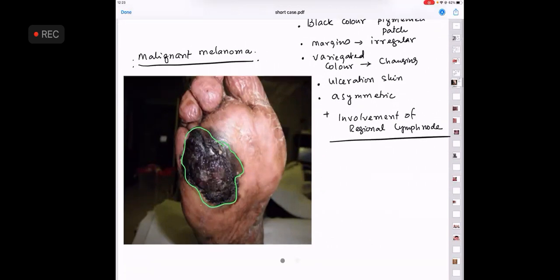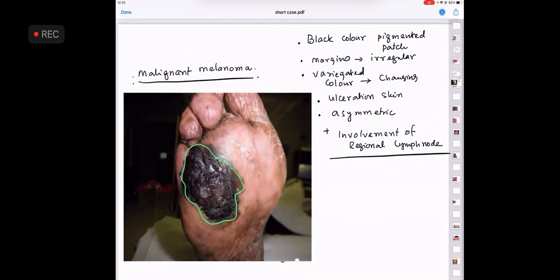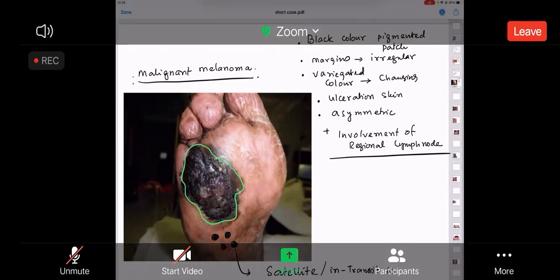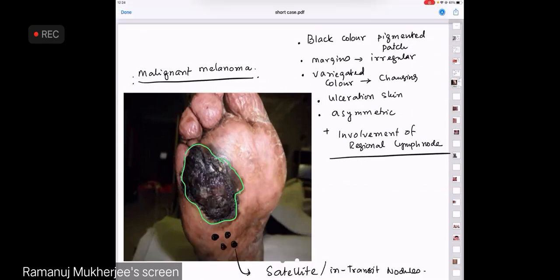Okay, so this diagnosis then thus always is a malignant melanoma. An added finding in a melanoma could be in between the lymph node and the primary pathology. You can get to see something called a satellite or in transit nodule, which makes the diagnosis more in favor of a melanoma.